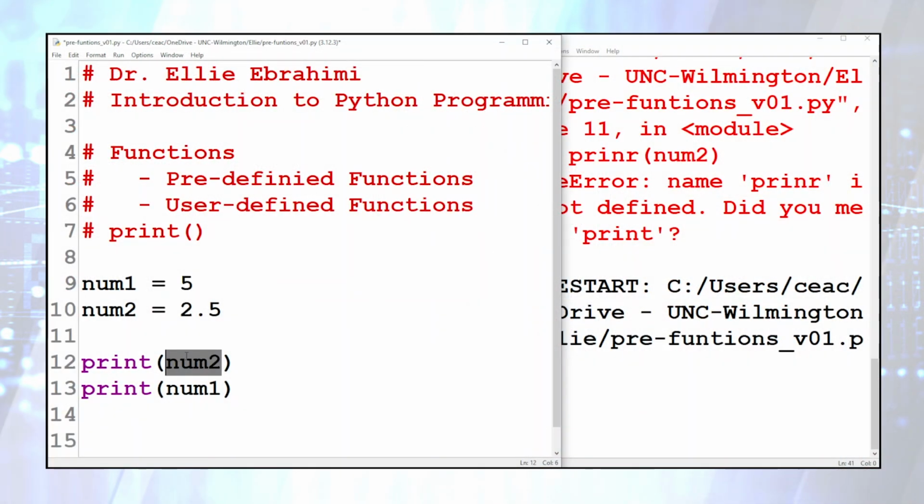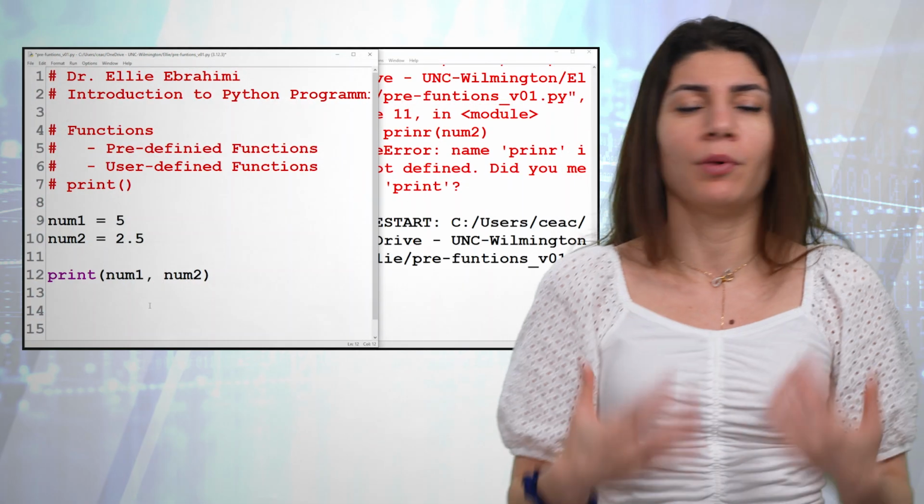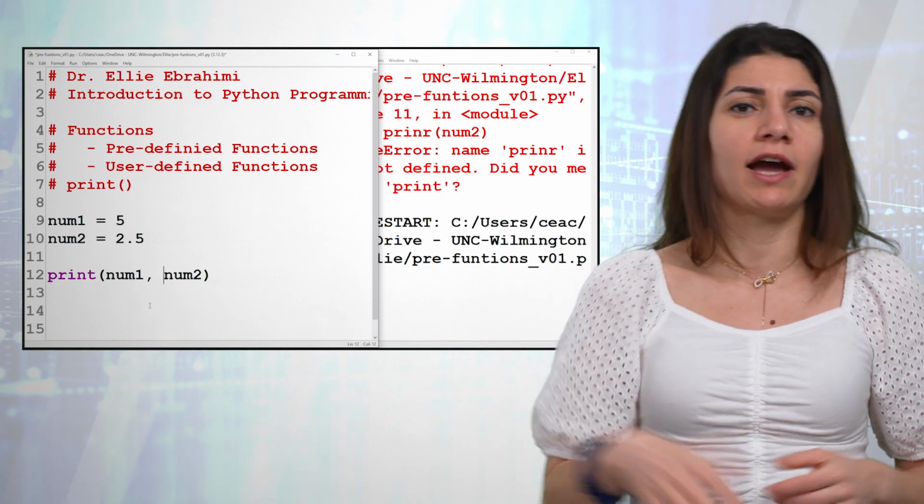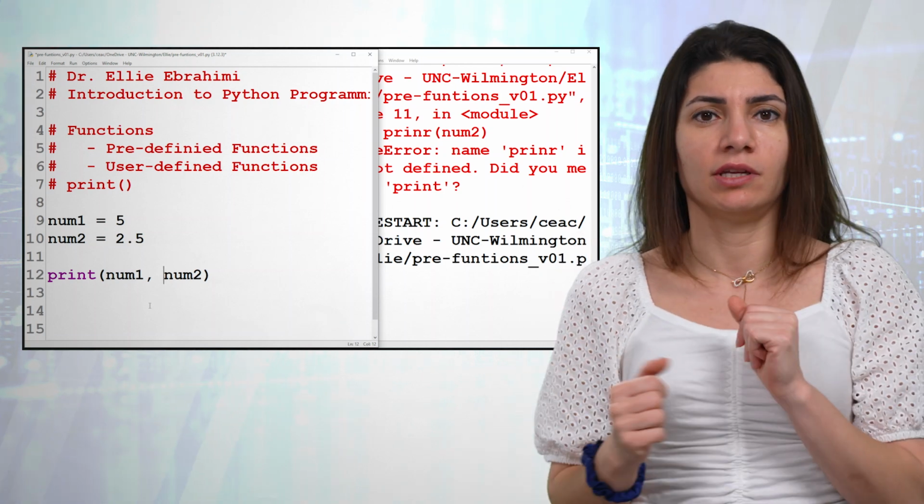So far, we're only passing one value to print. You can pass as many values as you want to the print function. So I can eliminate this one and say, okay, I want to see both values in the same line. I don't want them to be in separate lines. I don't want to have two separate print functions. I want to have just one, pass the values to it, and see them both